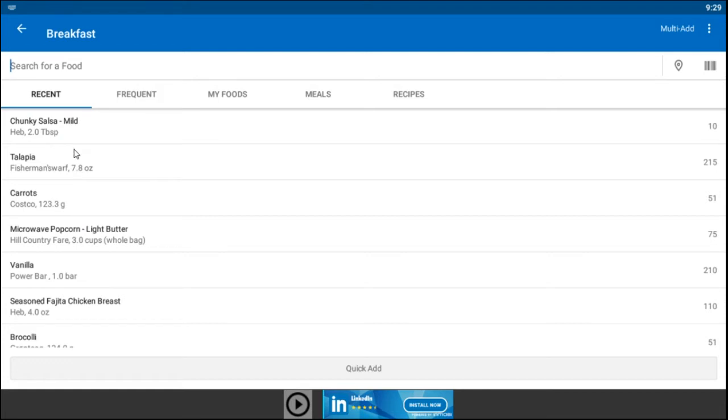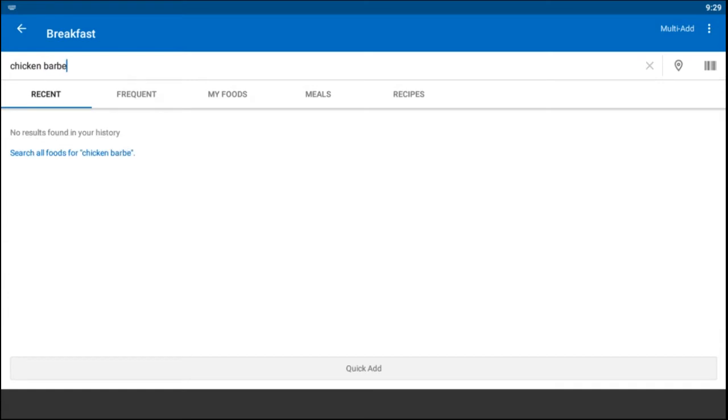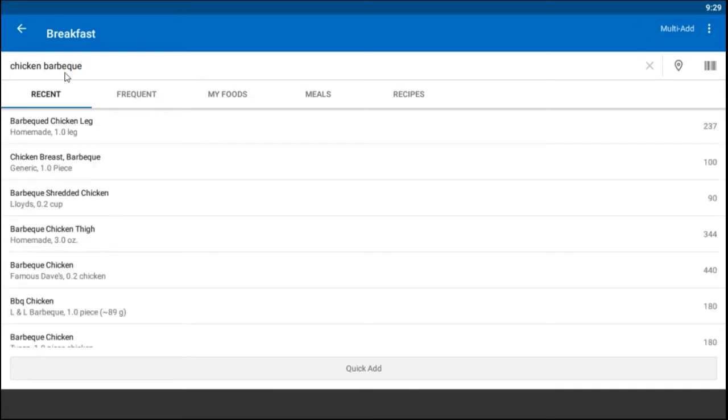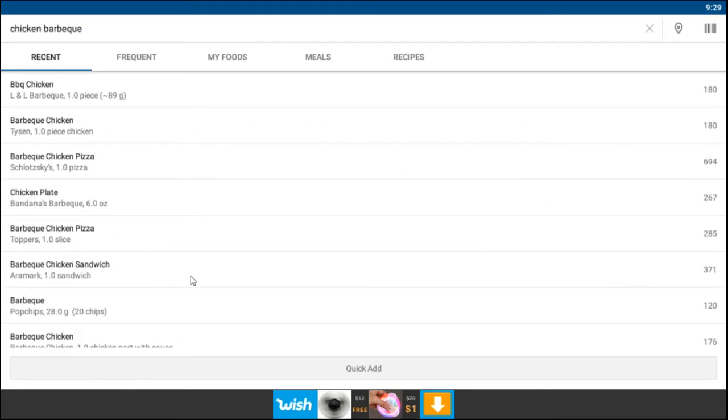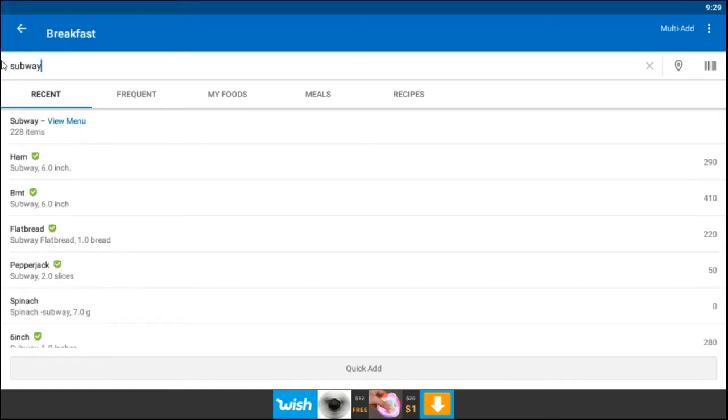The chunky salsa is one thing I eat, the tilapia is another thing I eat. So you can start off by searching something like chicken barbecue. If I could spell that, hopefully that's correct. And it'll just come up with a bunch of different chickens, maybe from different restaurants. Let's see, there's another one. Maybe we could do Subway, and you could look up the different sandwiches, the 6 inches, the half foot, and you'll see the